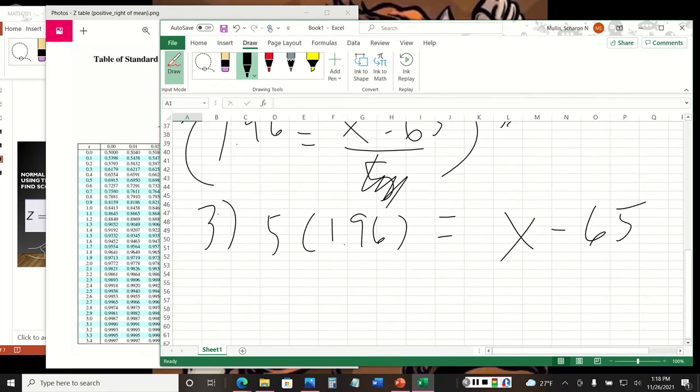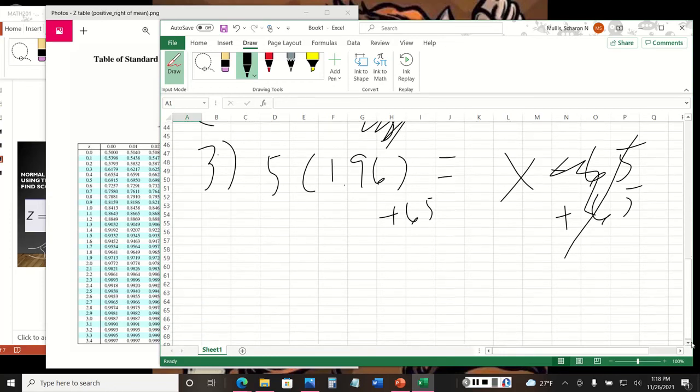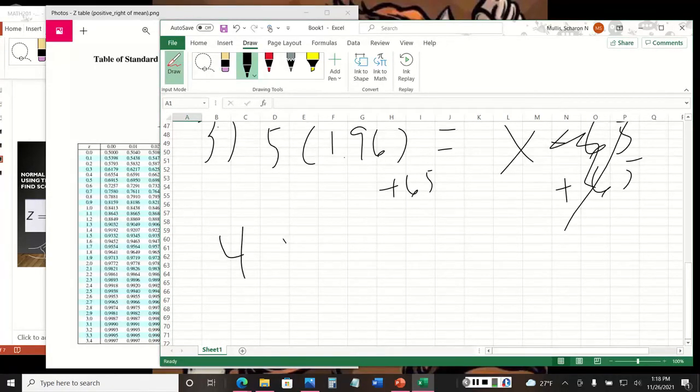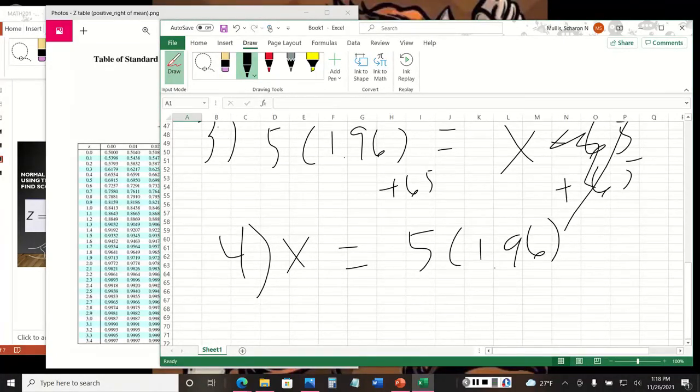Now I want to shift everything from the side where x is. So to do that, I'm going to add 65 on each side, plus 65. And this cancels that out. And I'm going to go down to the 4th step, which is x is equal to 5 times 1.96 plus 65. And that equals, let me get into the calculator,